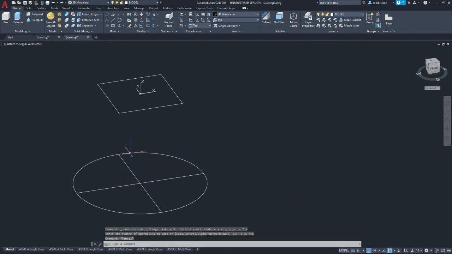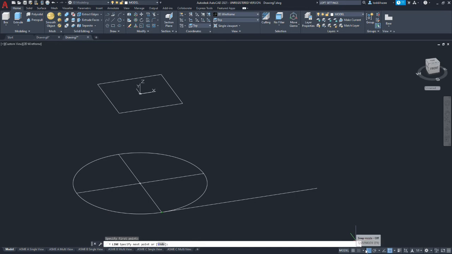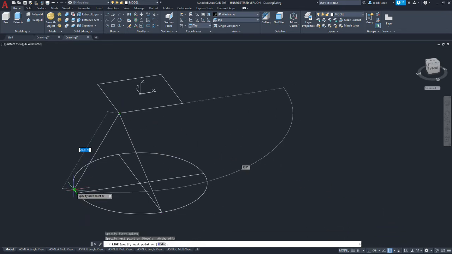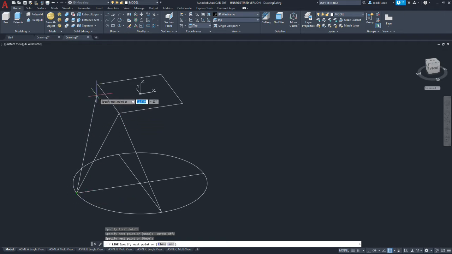Okay, so we have our index lines, and now we're going to make our guidelines. So let's turn off ortho, and we're going to be working in 3D, and we're going to trace, connecting the dots from corner to corner until we've gone all the way around our part.